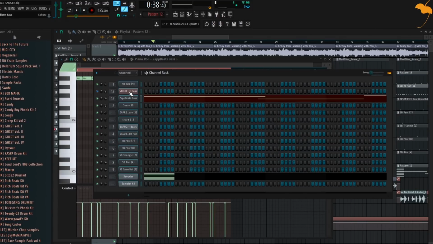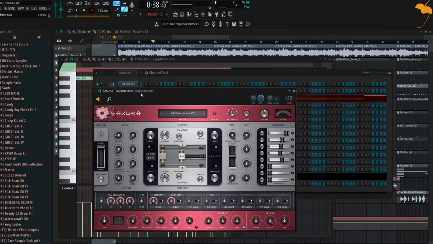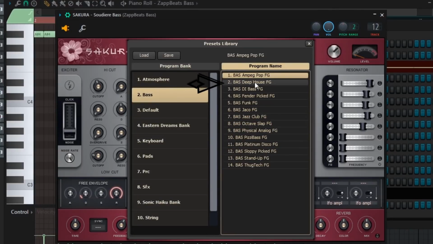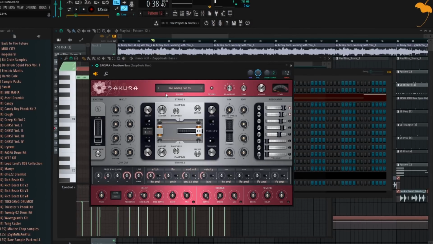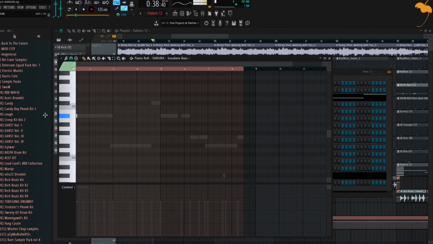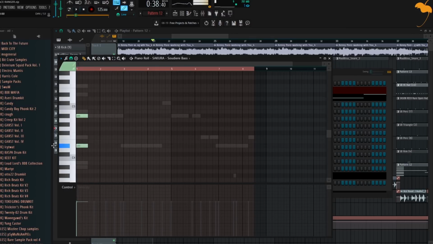The bass is a fairly simple thing. It's a plugin called Sakura, which is default to FL Studio, and it's a plugin called Deep House FG. That's in the bass section. So Deep House FG, and then if you go into it, you can listen that it's kind of weird and not loud, but